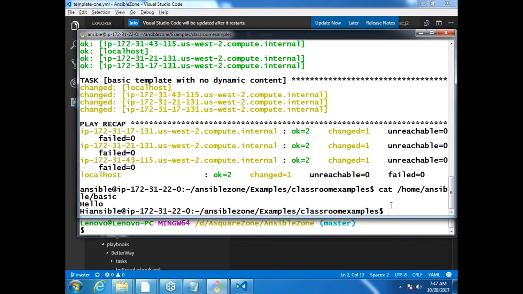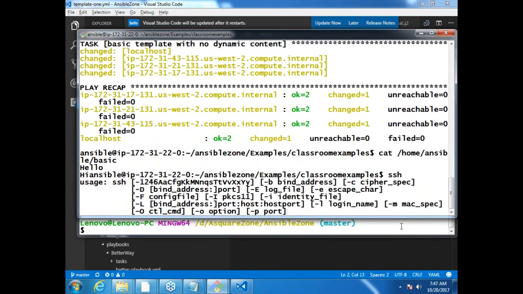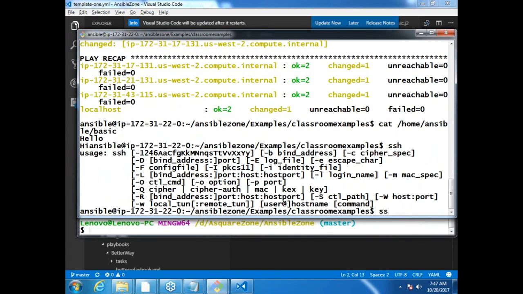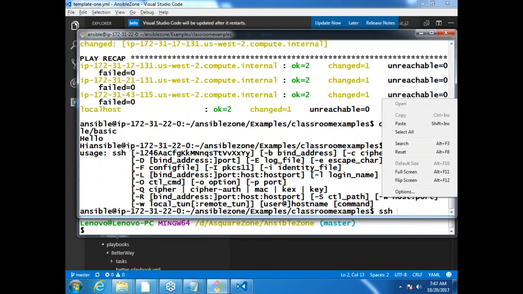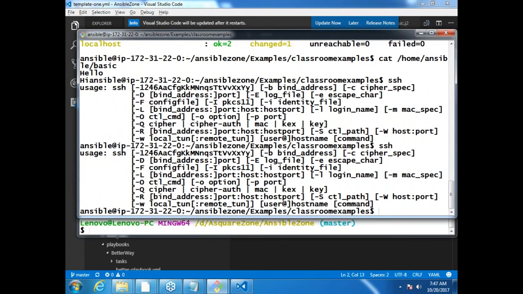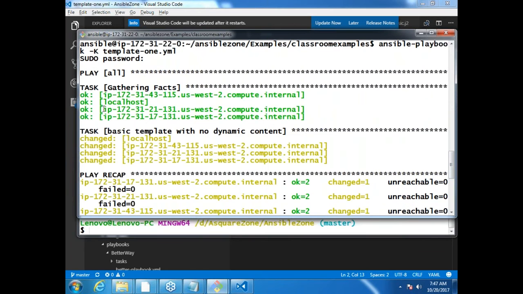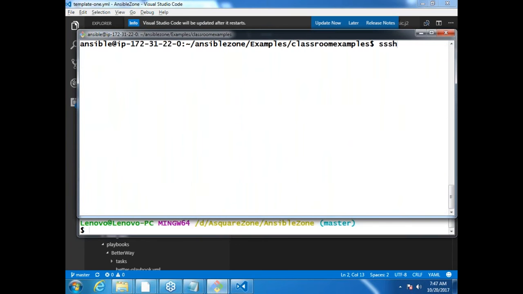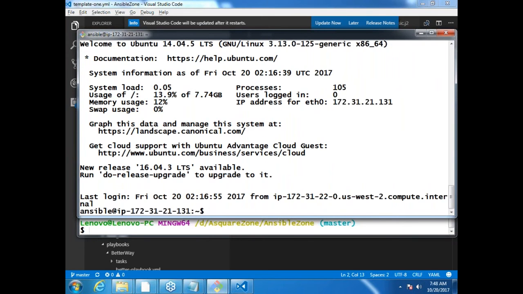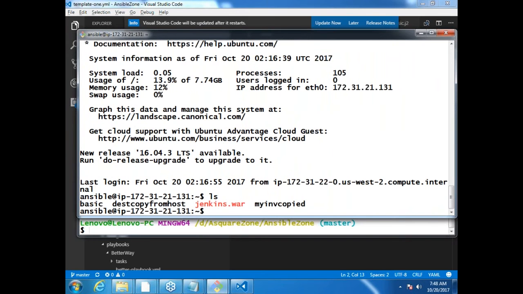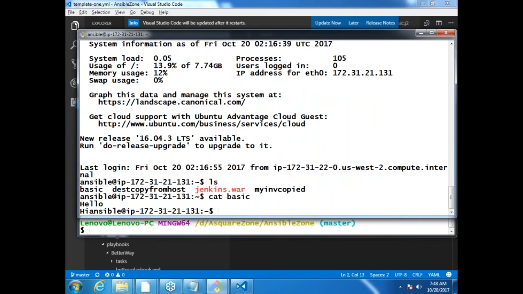Okay. SSH and directly the machine name, because our configuration is something like that. SSH. Oh, it is not copied. Okay. SSH. Okay. Now let me do ls. Am I seeing basic? Yes. Cat, hello and hi. Right? So basic file copying, it is basically meant for copying a file from one place to